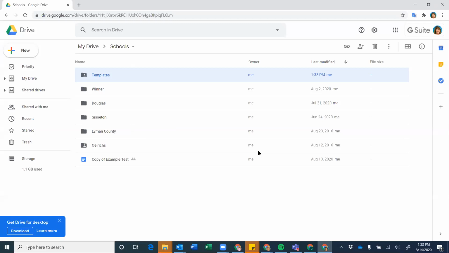This is fine and good until you want to attach one of these files that I've just shared over as a document or make multiple copies in your Google Classroom. And so what I end up having to do is make a copy of those. There's just no other good way to do that when you're sharing between domains,